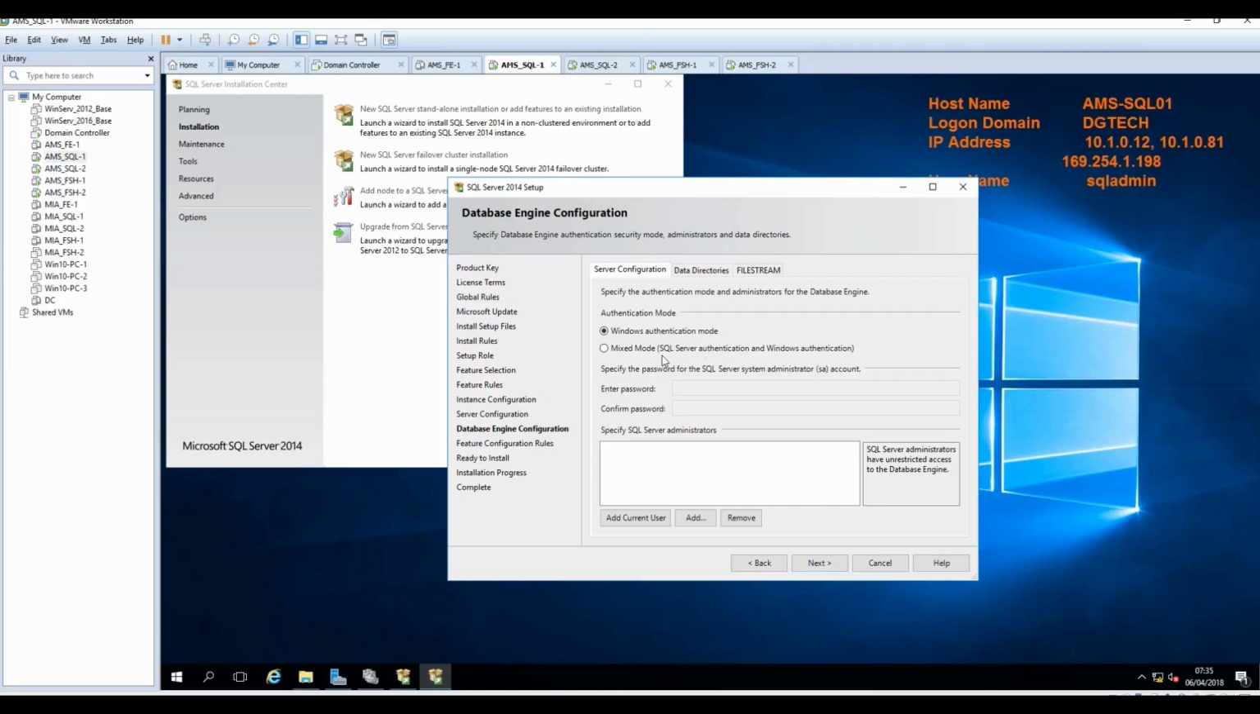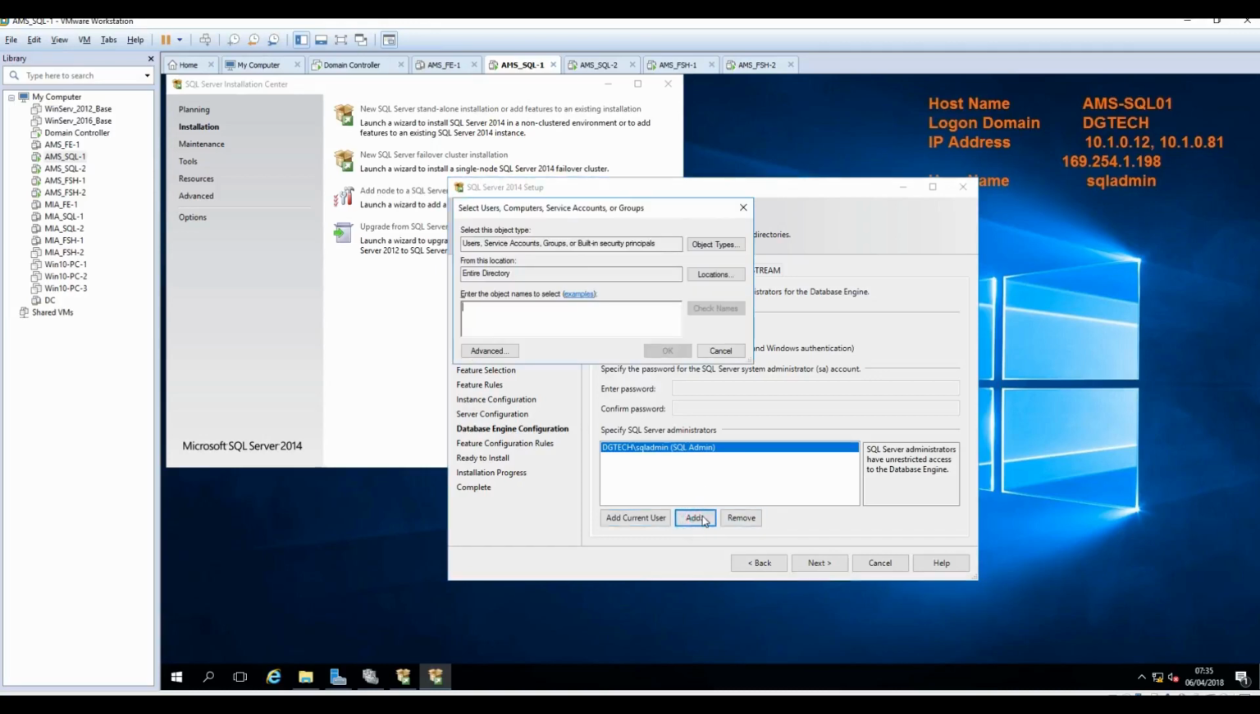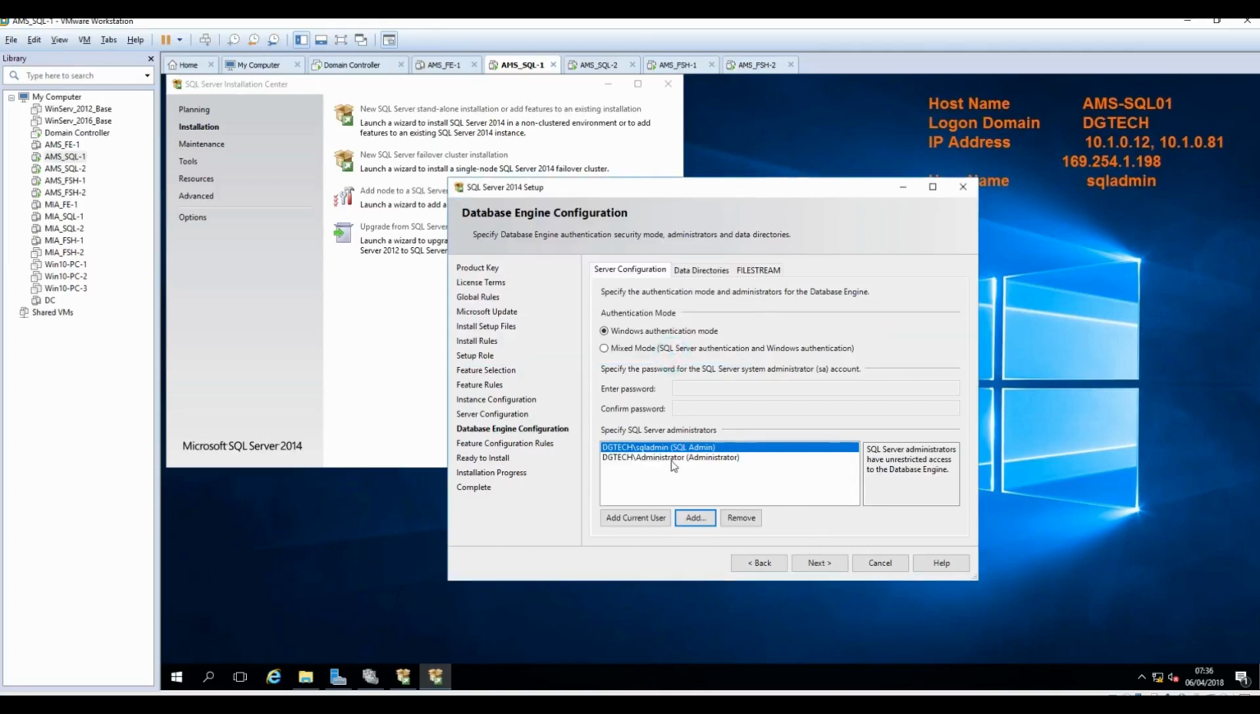Okay, so now it's asking me for the Windows authentication mode. So we'll add the current user. There's an option in here that automatically adds the current user. We'll also add in our domain controller. Right, so we added two